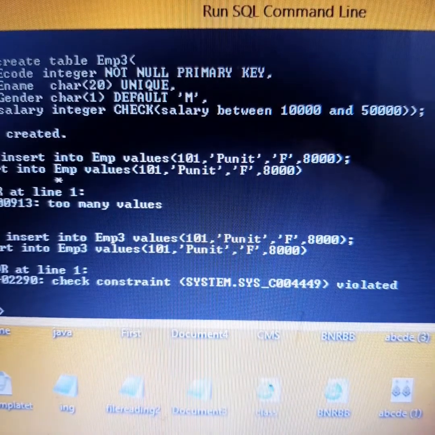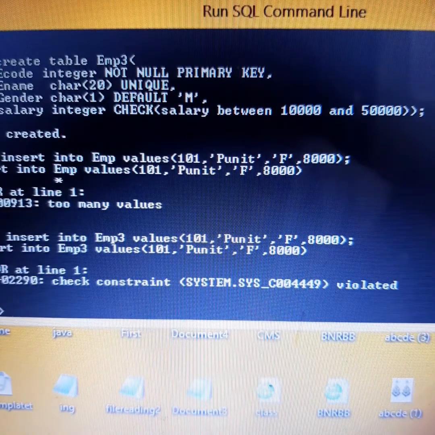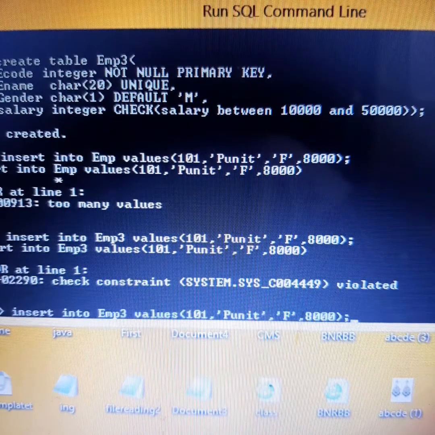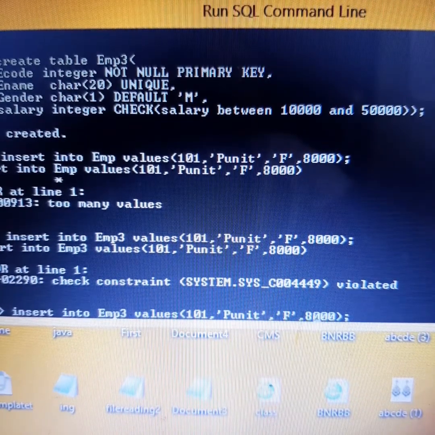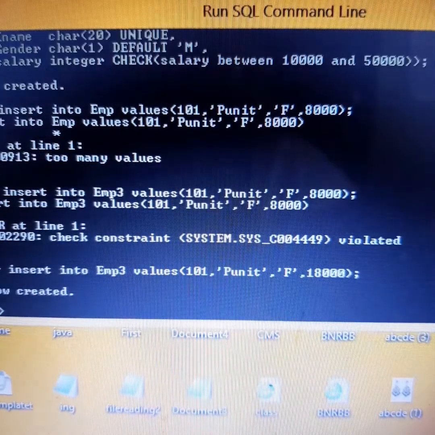So check constraint has been violated because the salary is not in the range of 10,000 and 50,000. 8,000 is less than 10,000, so it's giving me a check constraint. It will not insert the record till I make the corrections into it. If I make it 18,000, definitely it will be put into the table.